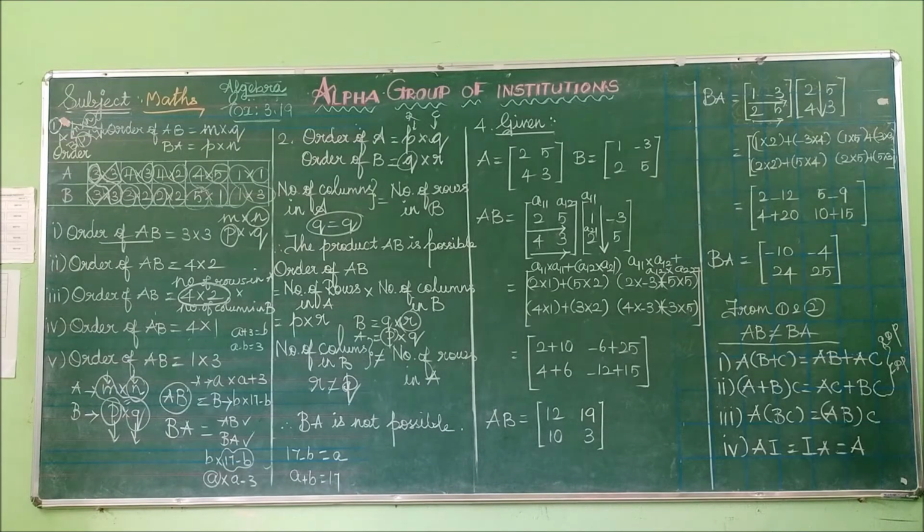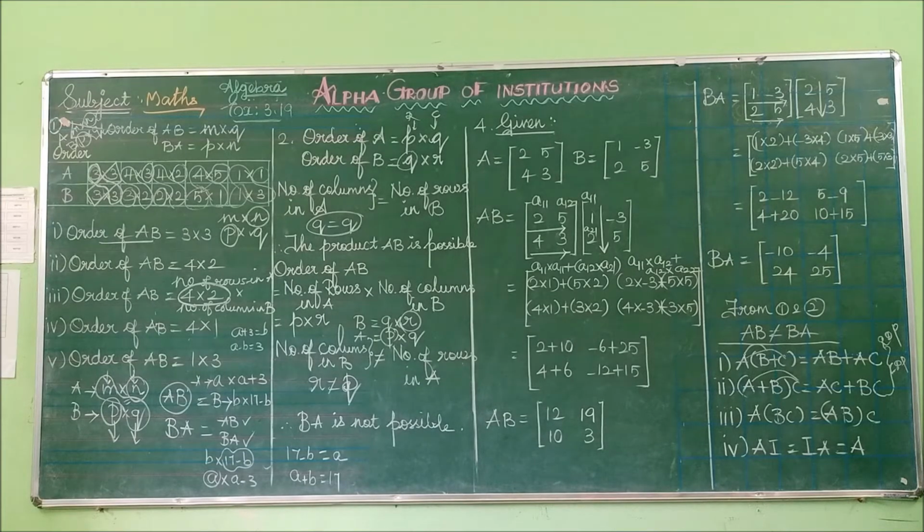You can take the three matrices A, B, C. For the right distributive law, first you have to add B plus C, then you multiply with A, and that value will be equal to AB plus AC. Then for the left distributive law, first you have to add A plus B, after that you multiply with C, and that value will be equal to AC plus BC. Okay, this is for addition. Matrix multiplication is distributive over matrix addition. Then matrix multiplication is always associative.